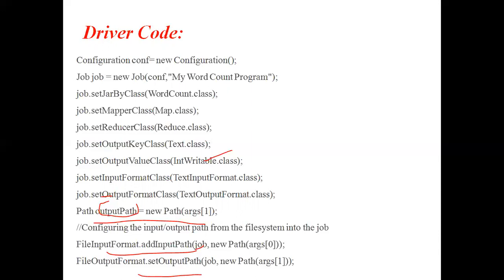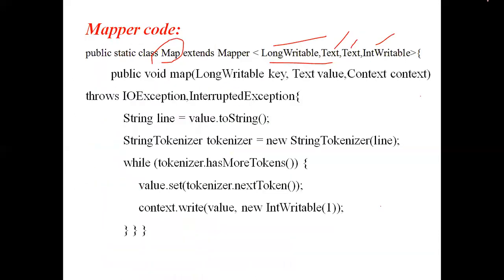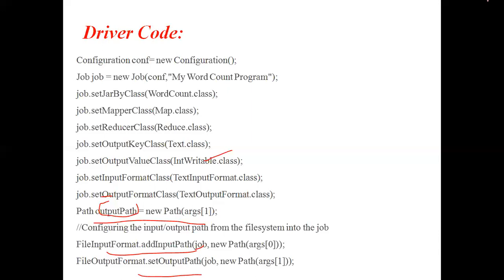Why? Because it contains the program name, who is the map class, who is the reduce class, in which format we want input, in which format we are going to give input key comma value pairs, and in which format we are getting output key comma value pairs. What is the path of the input file, what is the path of the output file. All this configuration is done in the driver code only. That's why it is the main tool. Okay, this is basically the three main classes in the MapReduce program: mapper code, reducer code, and driver code.